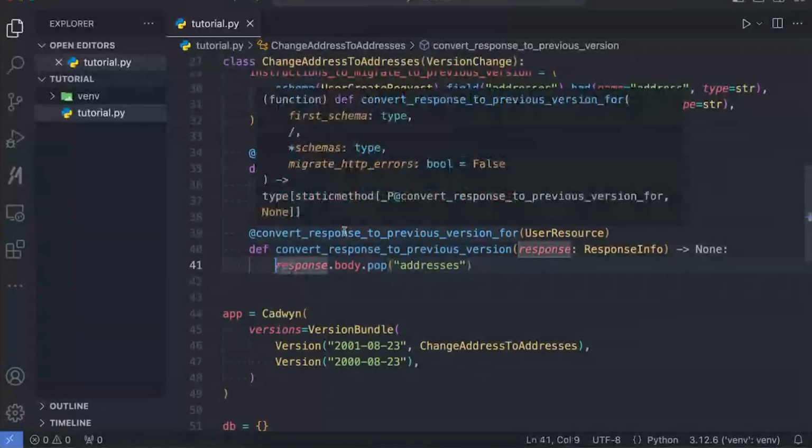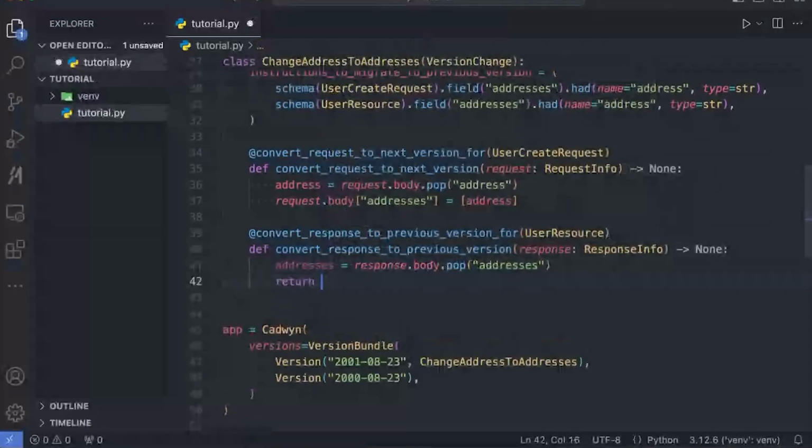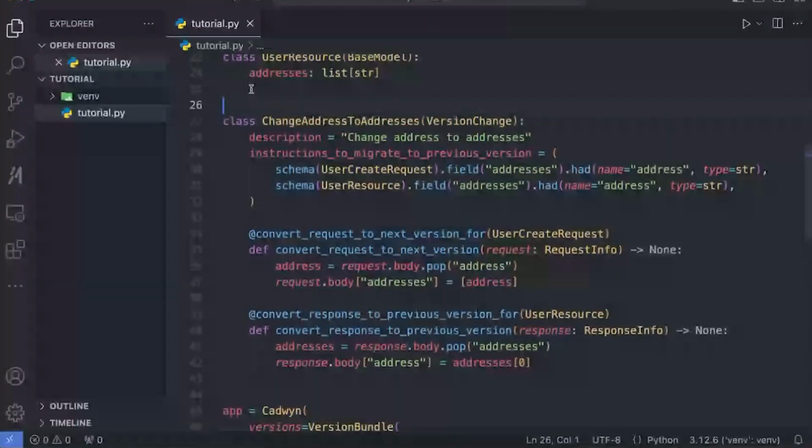Okay, we get our addresses and we return the first one of them. Let's not return, but we set the first one of them for the address. And that's it. This is the whole version change module, the whole migration that we talked about earlier, that allows us to have versioning in Cadwyn's way.